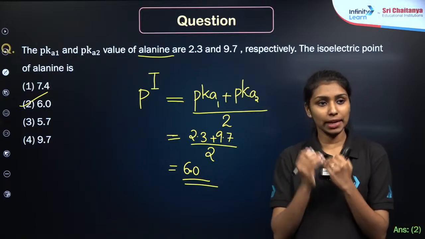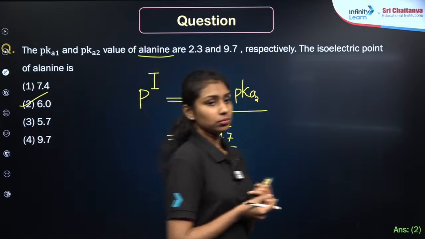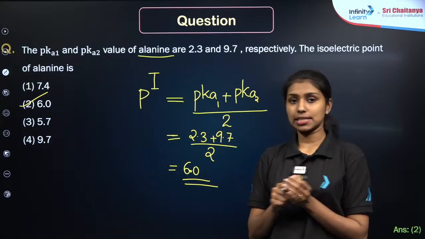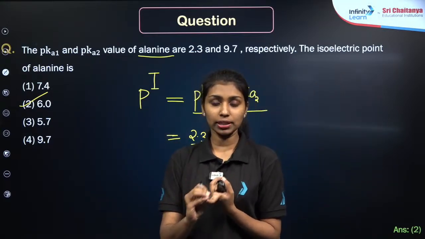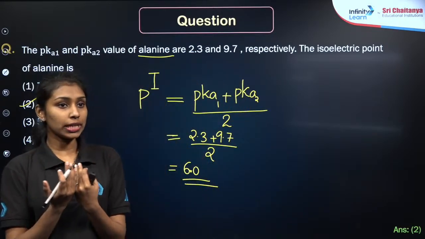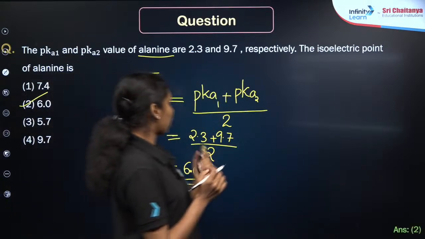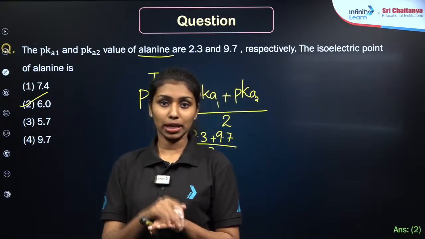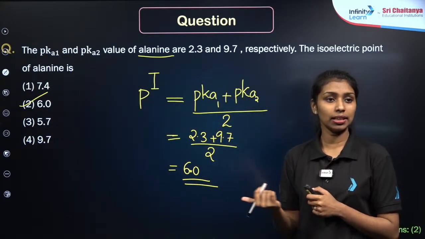Compare with the pH value. If the pH is less than 7, what will be the nature? Yes, this is acidic, right? So, if the pH is less than 7, we call it an acid molecule. Similarly, in the case of amino acid molecules, we connect it with the isoelectric point. When the isoelectric point is less than 7, we can call it an acidic amino acid. If it is greater than 7, it will be a basic amino acid. Here it will be acidic, right? Clear?